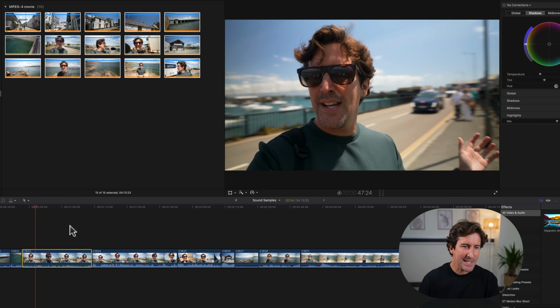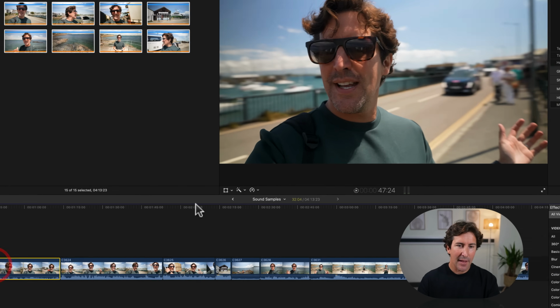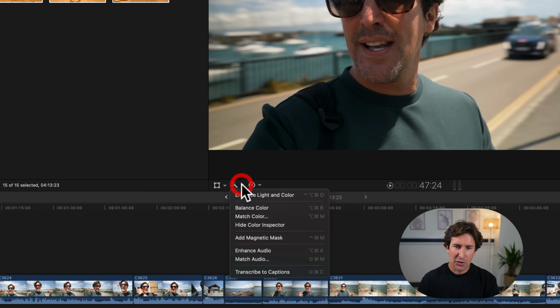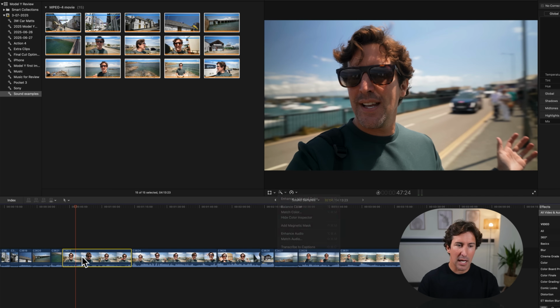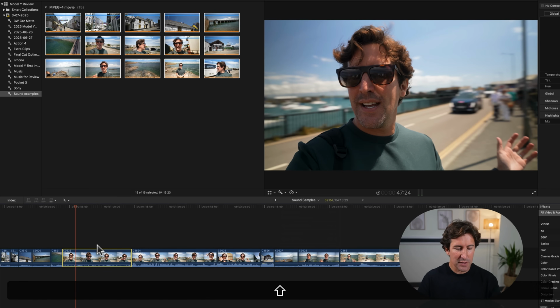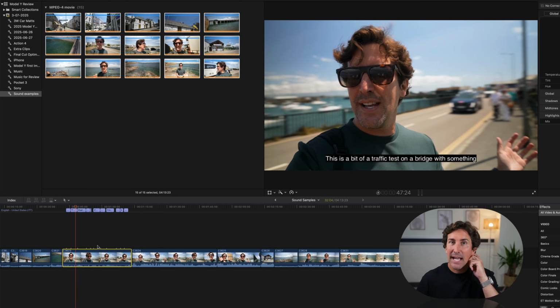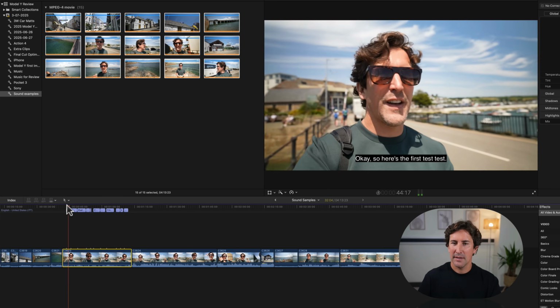Okay, captions. So this is how you can do it. I've got this clip here of me on a windy bridge. So you can either click here and then come to this area here, click the drop down and go transcribe to captions, or I like using keyboard shortcuts. So Shift Command C, and it's going to instantly do these captions like this. So if I play that through,